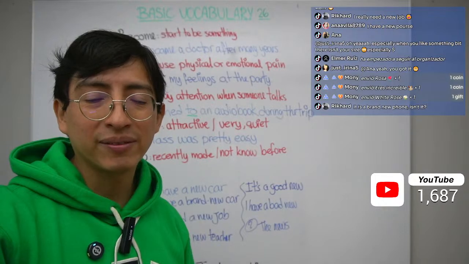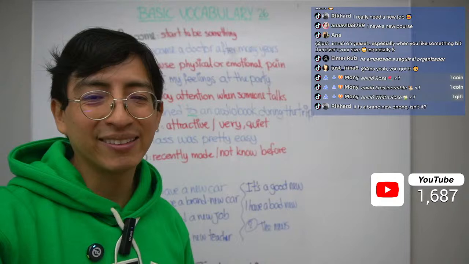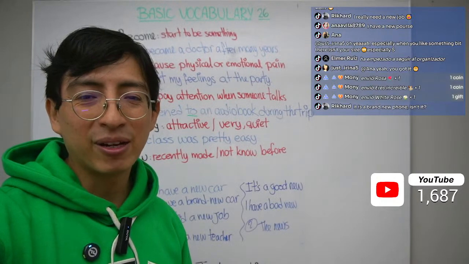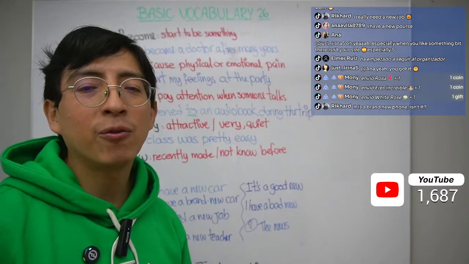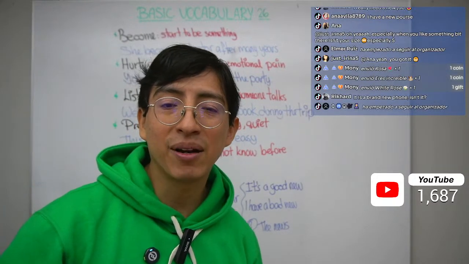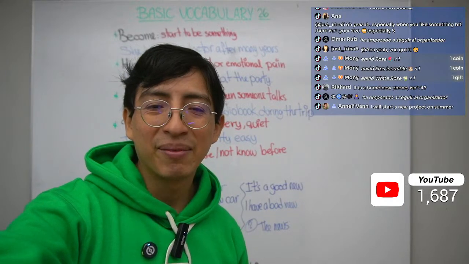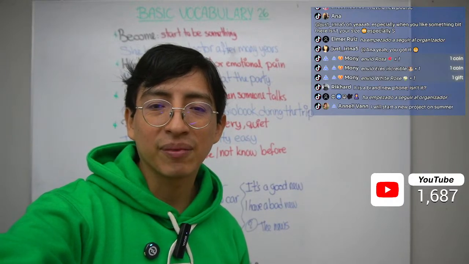Voy a comprar nueva ropa. If I won the lottery, I will buy a new life. Okay, so good sentence. Me voy a comprar una nueva vida. I wish I had a good new life, but it's impossible. Me gustaría tener una nueva vida. Okay, very good. Listo, chicos.